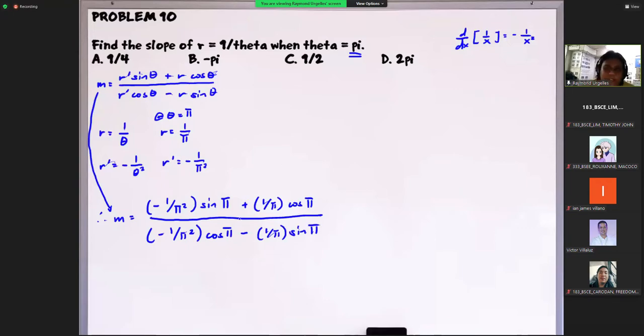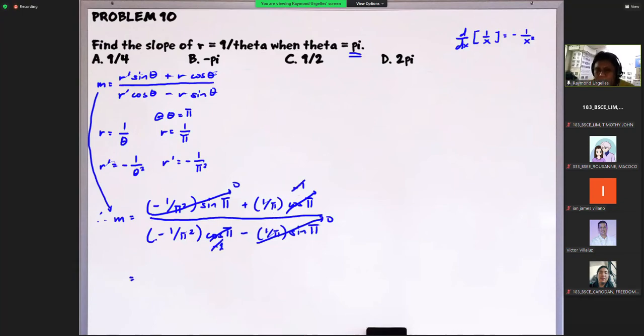Okay. So again, what is sine pi? Sine pi is 0. This will be 0. Cosine pi is negative 1. So this is negative 1. Okay. So that will also cancel. So what remains for us is equal to